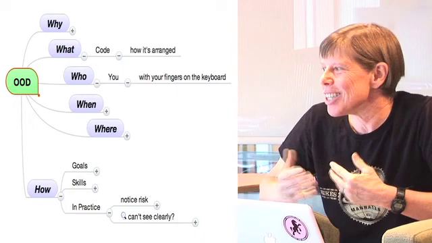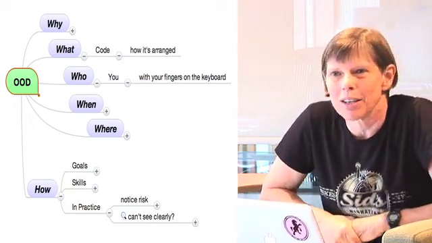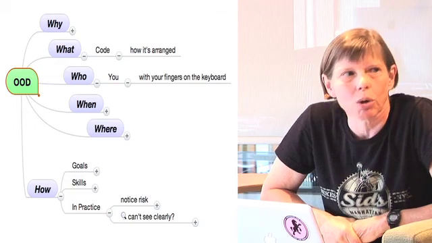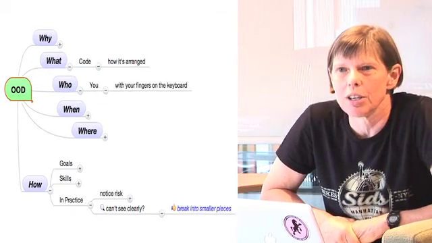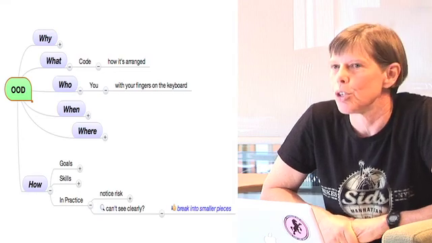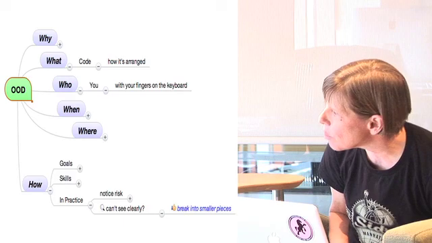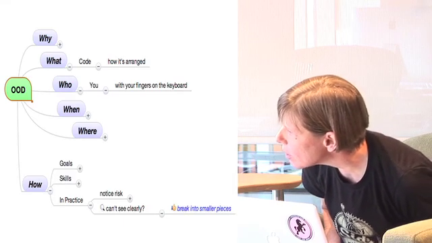So there's a very simple strategy for dealing with it. It feels bad and I don't know what to do. Break it into smaller pieces. That's all you need to do. Rinse and repeat. Break a method in half, break a class in half. Just break them into smaller pieces and inject them into each other. What happens if you break things into smaller pieces